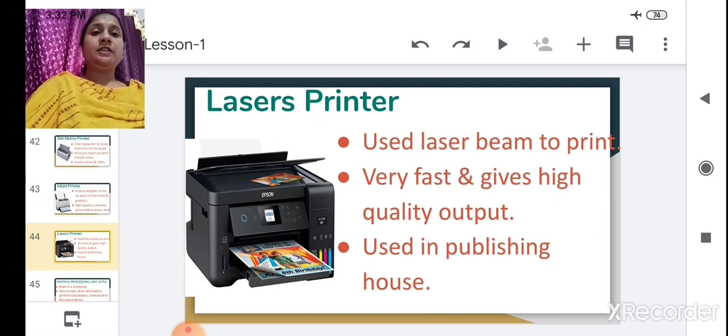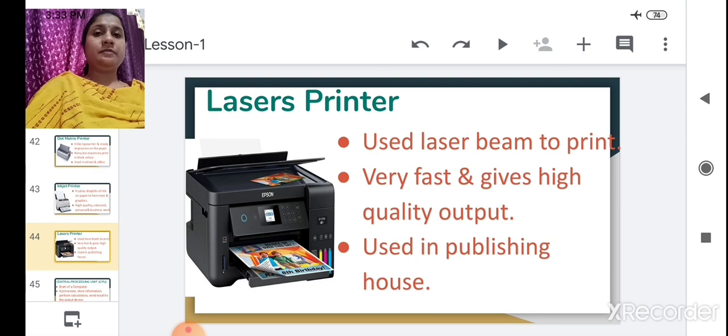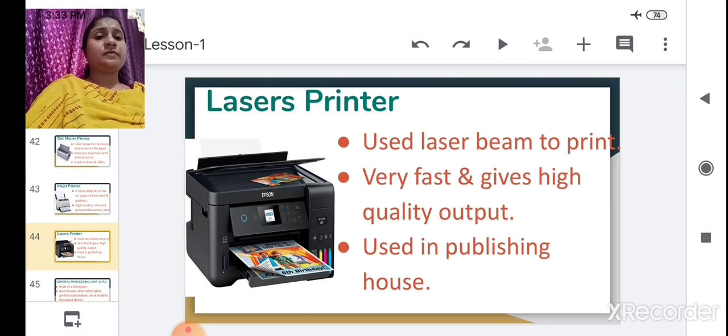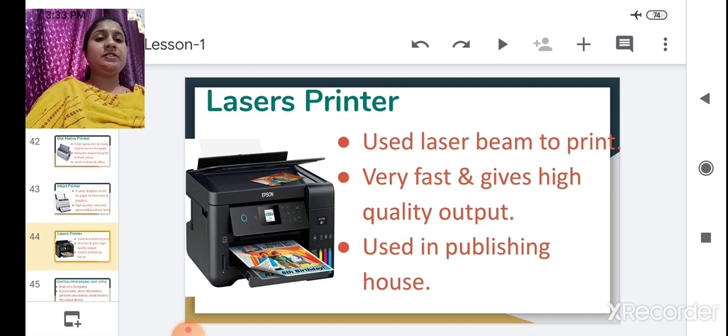It is more expensive than an inkjet printer, but it is very fast and gives high quality output. Its printing speed is faster. It is used in publishing houses, printing companies' stationery, making labels and creating company brochures. For this purpose laser printers are used.